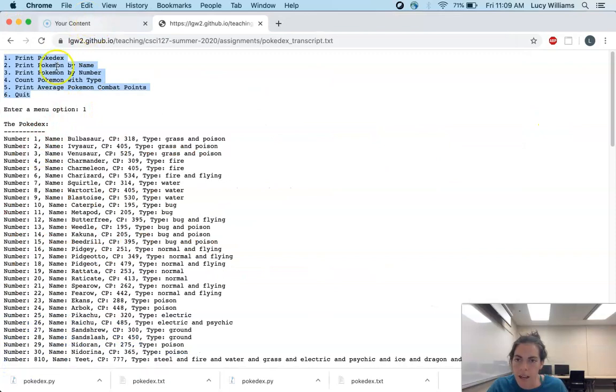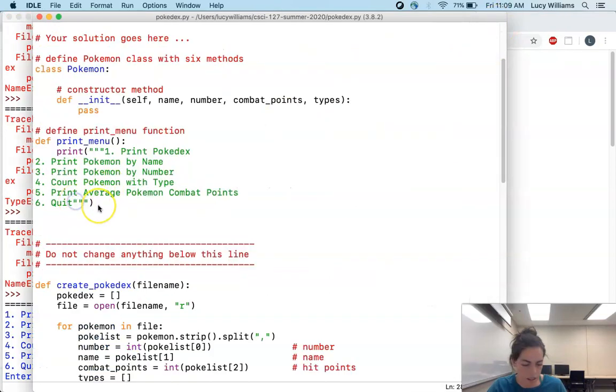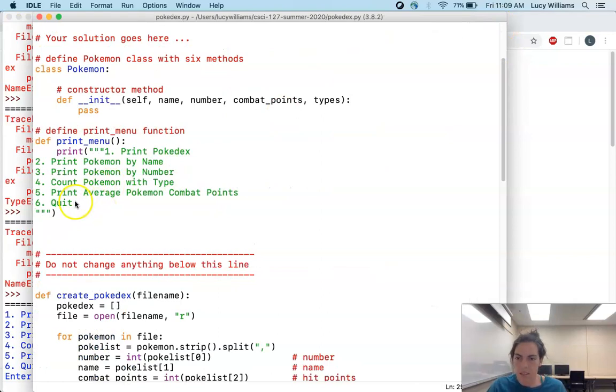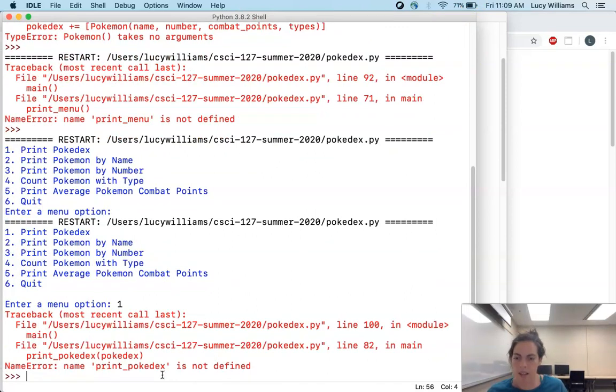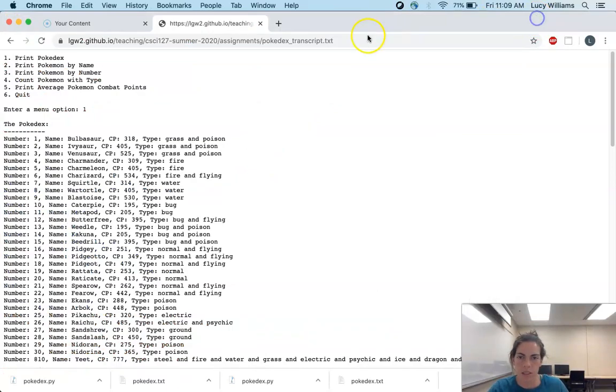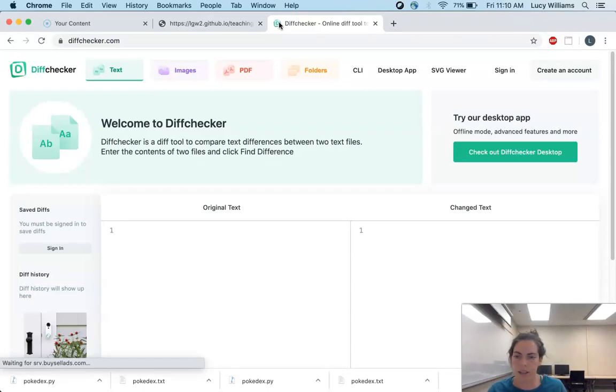And it looks like there's supposed to be a line break between this menu printing and the prompt to enter a menu item, so I'm just going to add in a line break here. One option for me, because I use the triple quoted string, is just to add a line break there. And now I have my line break. And so maybe I'll just type in 1 and we'll see that I haven't implemented print Pokédex yet, which is fine, because I just wanted to show you how I can check that I'm going to get all those points